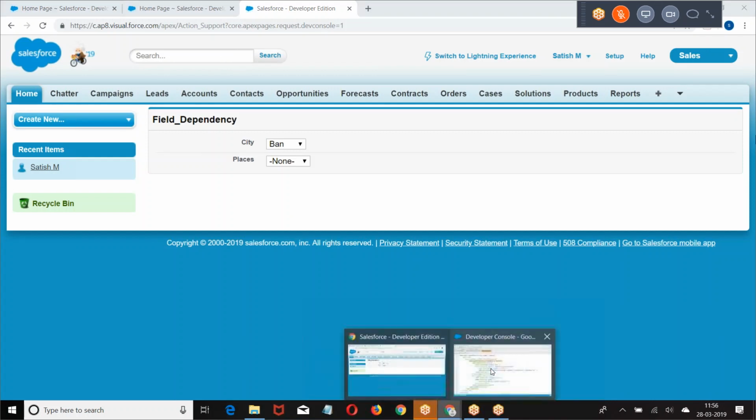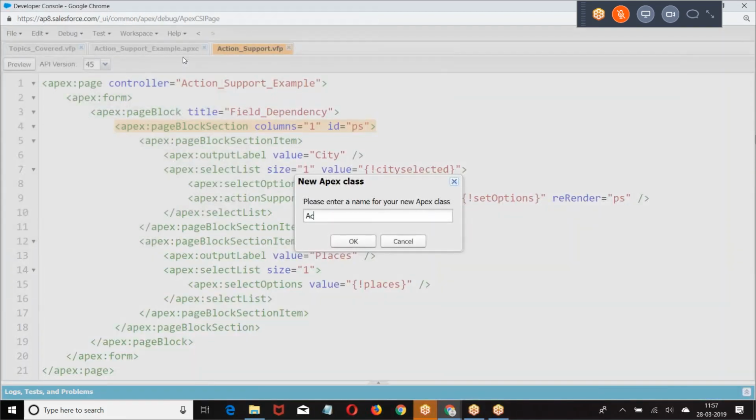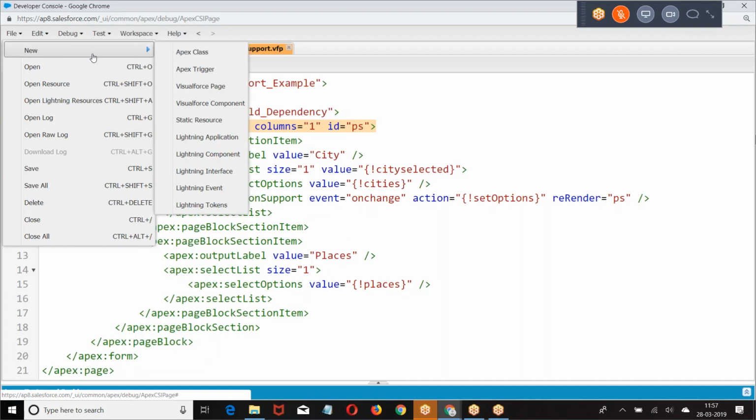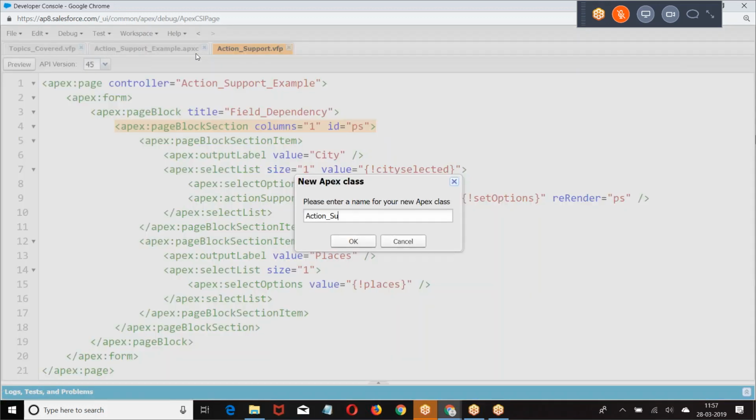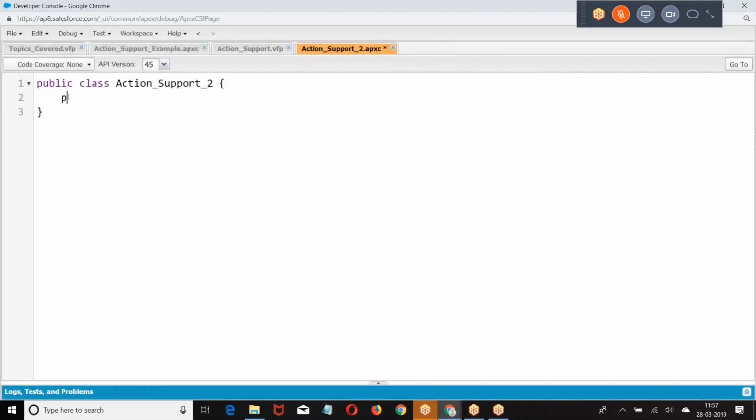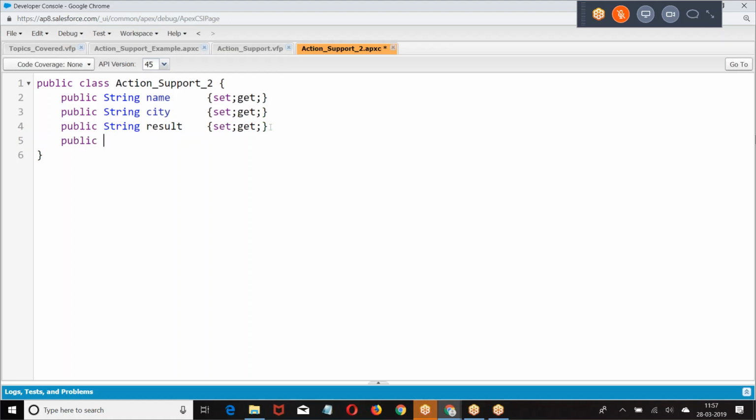Let me give a simplified, straightforward example. So we have name, city, result.